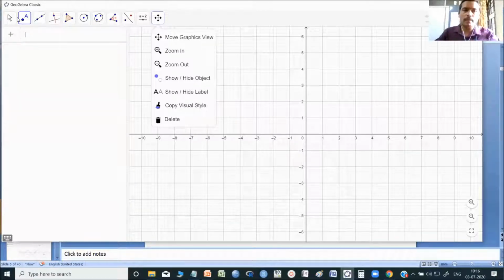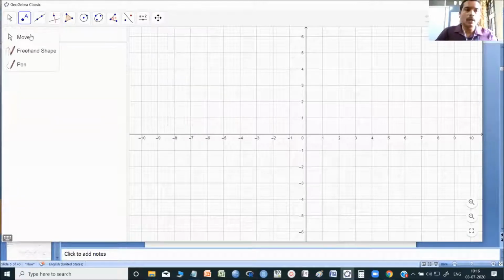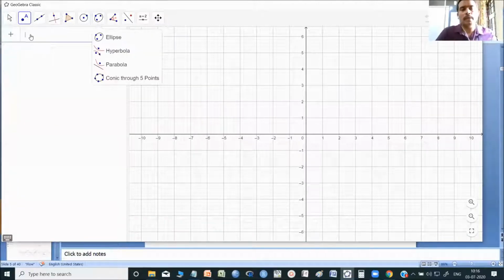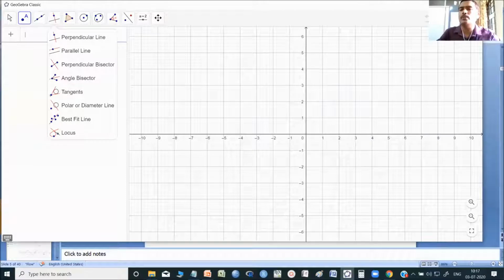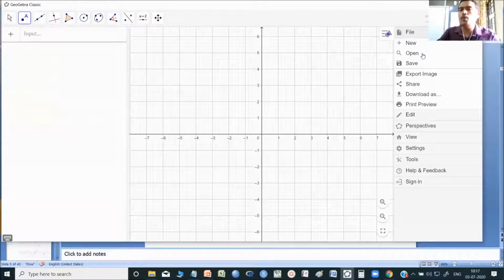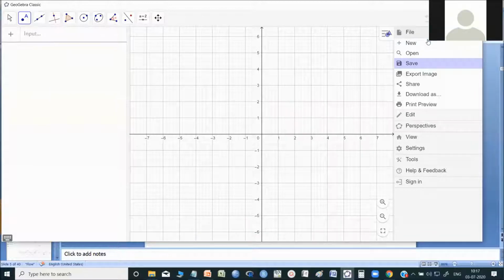These are buttons on the left side, and down below you have a command line where you can type the command. I will do that. But before that, let me explain the right hand side. On the right hand side, you have 3 lines. Hope you could see here. You can zoom and see on the right hand side, there is one zoom option and then 3 lines. When you click on those 3 lines, you will see the file, new, open, save, etc. I'm going to use only a few today.